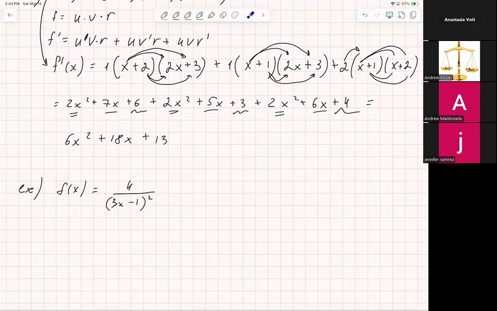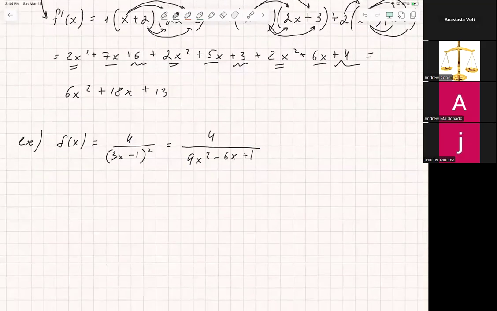When we know the chain rule, that would be easy to do. But right now we don't know the chain rule yet. So let's just get rid of this by FOILing this expression. So we would have 4 over 9x squared minus 6x plus 1. Now we have just a polynomial that we can take the derivative of, and everything is nice and easy to do. So we just apply the